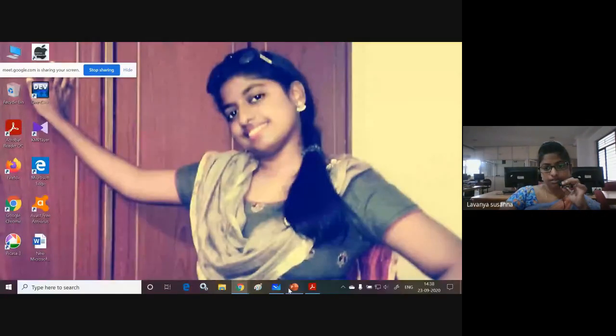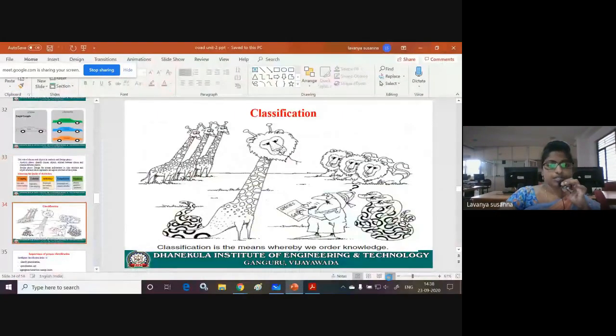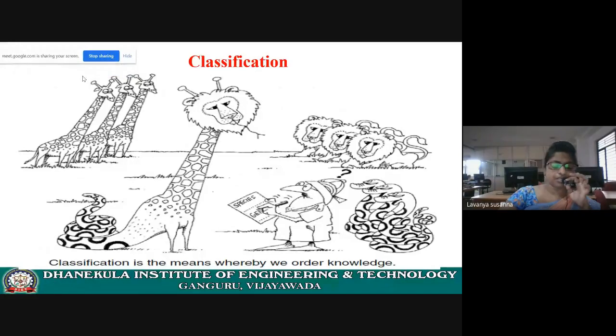Okay, see, first of all you need to write the definition. What is classification? Arranging the elements, sorry, arranging the classes based on some property. See the cartoon. This cartoon is taken from your textbook. You need to draw all these diagrams. Just write down the definition. By seeing the picture, you can understand, right?